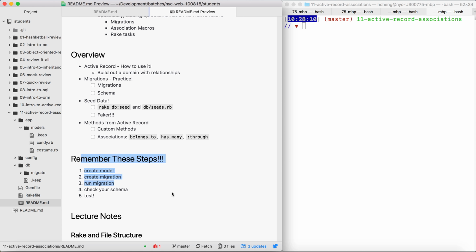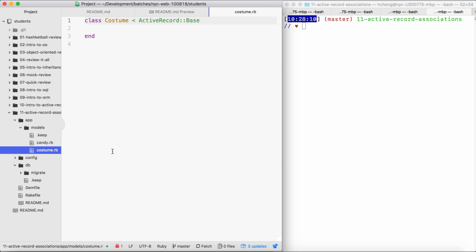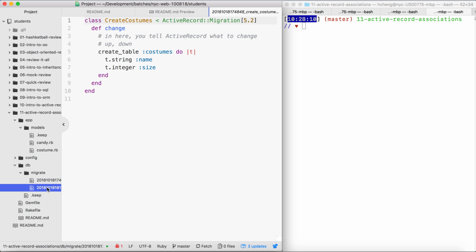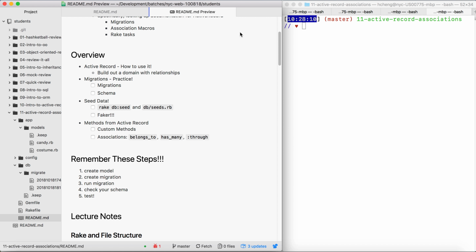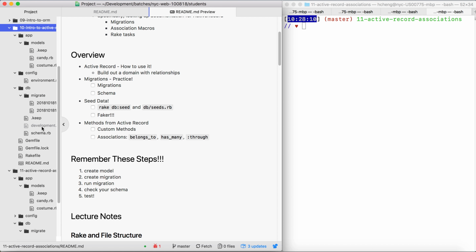So remember these steps again. We have the same files from last time. We have the candy class, we have that costume class, and we have our migration files here for those two tables. All I did was copy paste it over into a new project. But notice how I don't have the schema or the development file or the development database